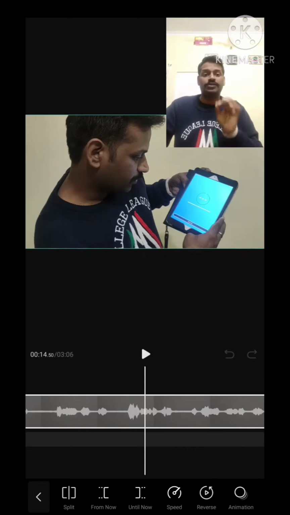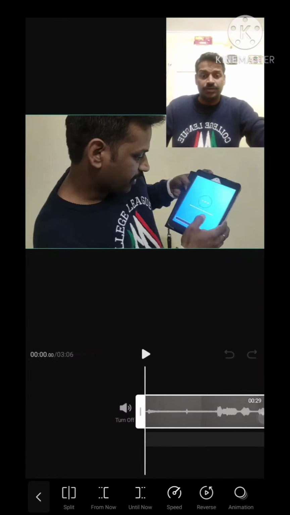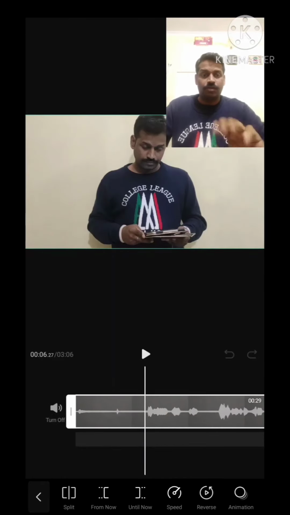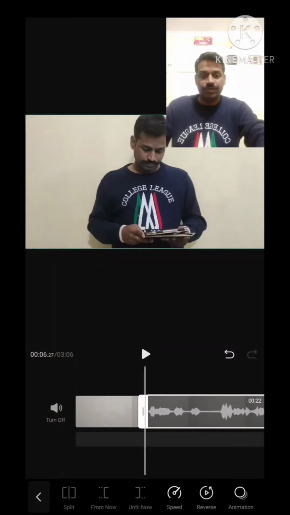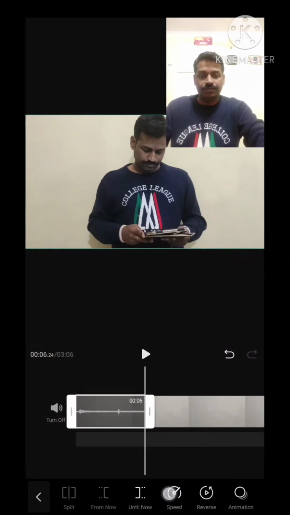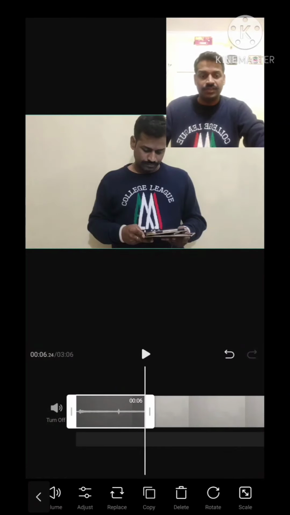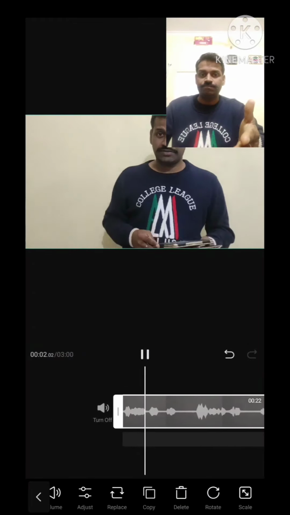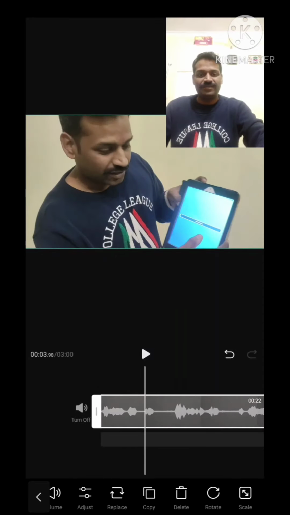So you see, this is the part where it shows you all the audio part. You don't have to actually write down all the seconds and minutes and all that. What you can easily do is just drag this here. You know that okay, till this part this is all blank. So what I do, you see the split here, the first option at the bottom. I do a split. I select this part again, and here there is a delete. I just simply delete this, and I know that if I start, I hear "Hi friends, I'm ready for my next impromptu challenge." So you see, you have got the audio now.